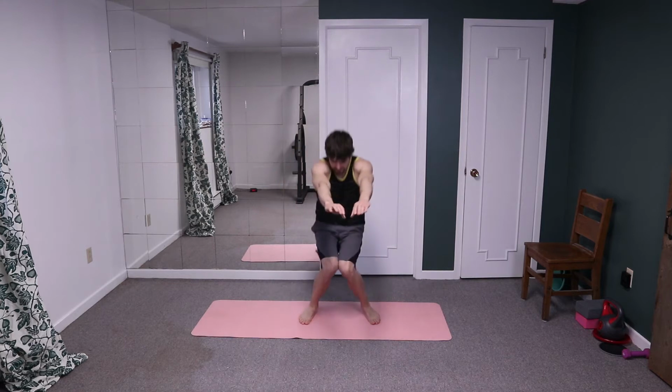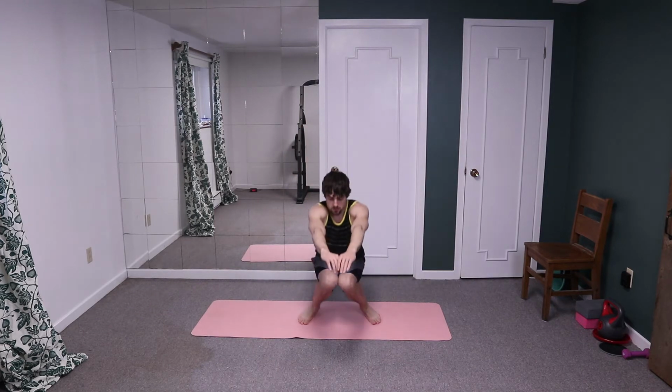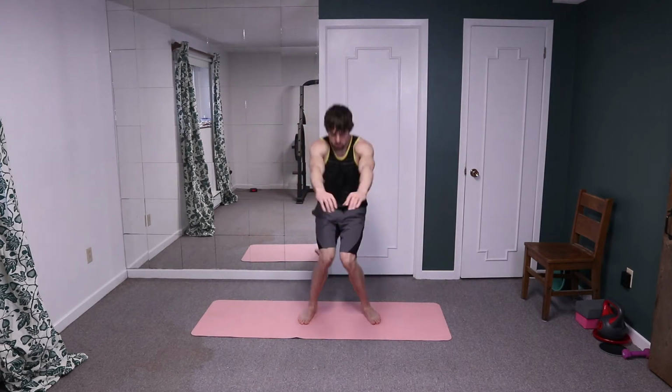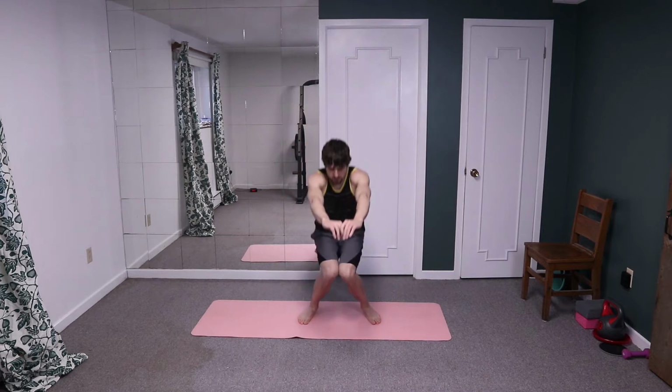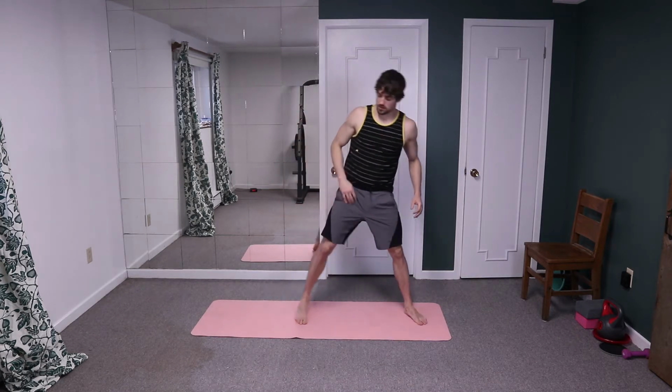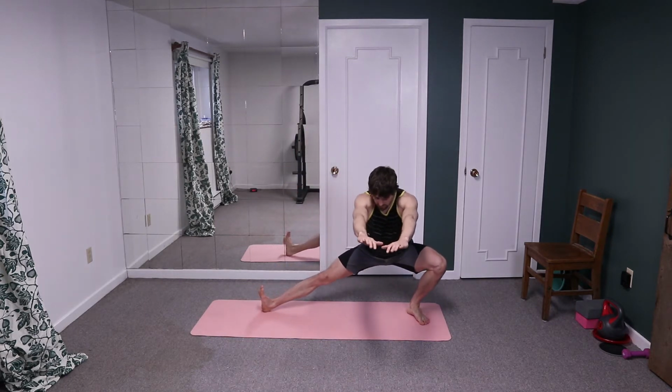8, 7, 6, 5, 4, 3, 2, 1. Spread the legs nice and wide. We'll warm up the Cossack. Hands out and drop the toe up to the sky for 10,